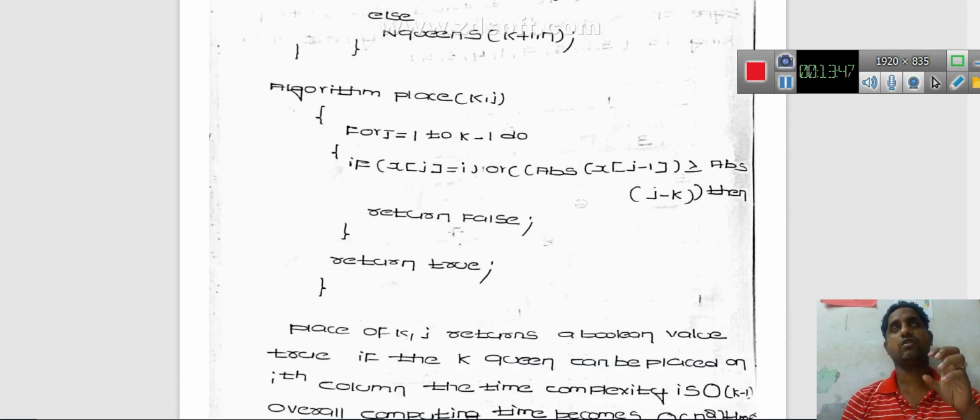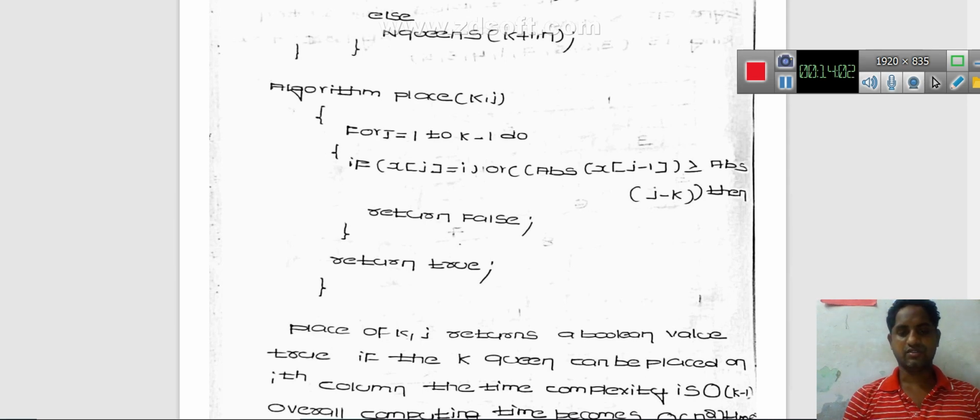If k equal to n, then write x[1:n], else NQueens(k+1, n). And in the algorithm Place(k, i), which place we have to assign? In that place we have to write: for j equal to 1 to k minus 1, if x[j] equal to i or abs(x[j] minus i) equal to abs(j minus k).